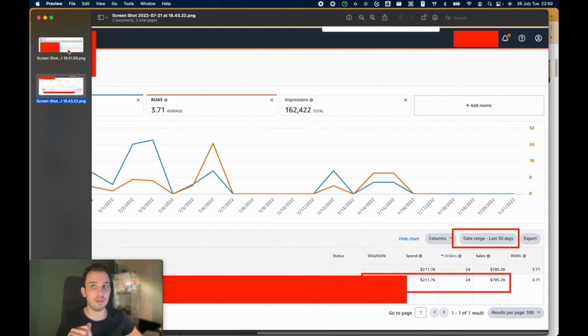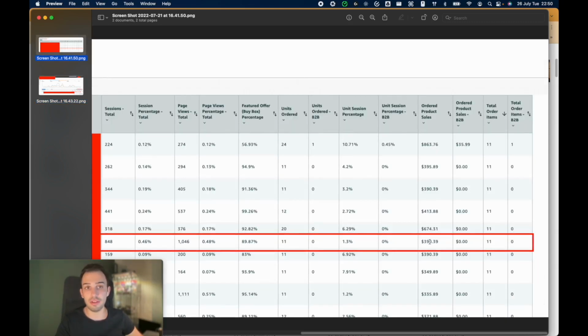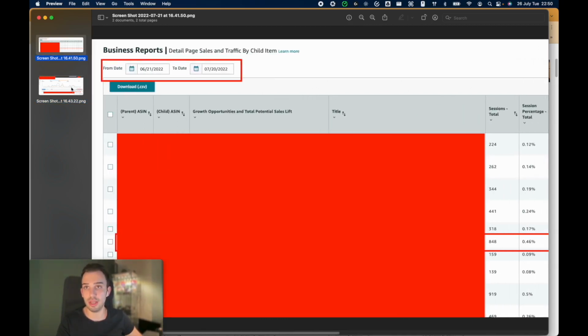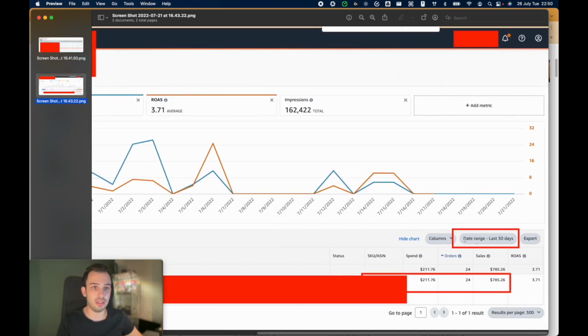So how is this possible? Why are we seeing 785 here on the advertising console, but 390 on this dashboard? By the way, this is 30 days, and again, this is still 30 days, so we are looking at the same date range. So there is actually one specific reason for it, and which is